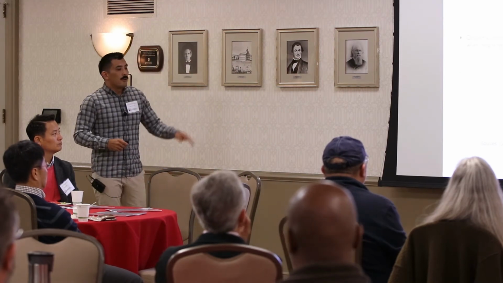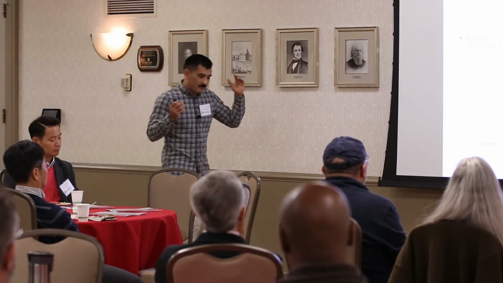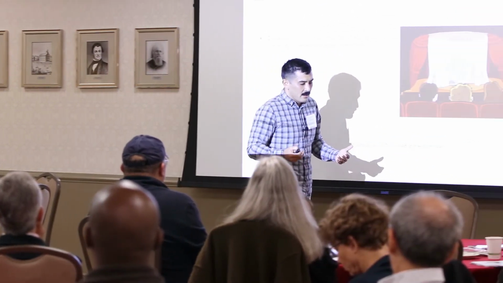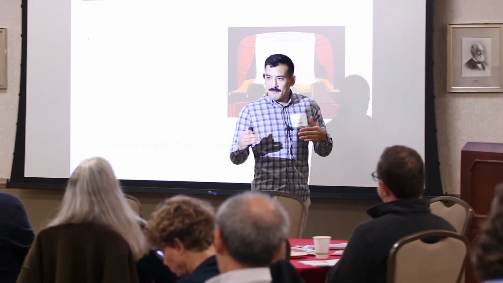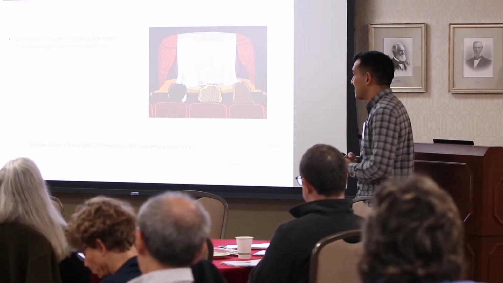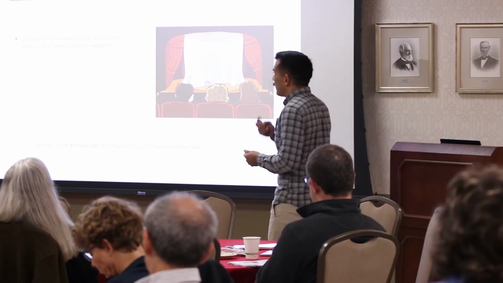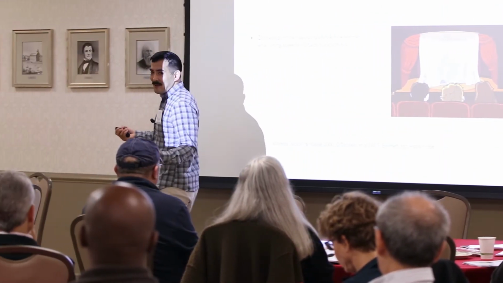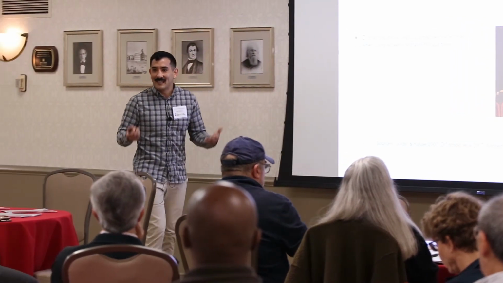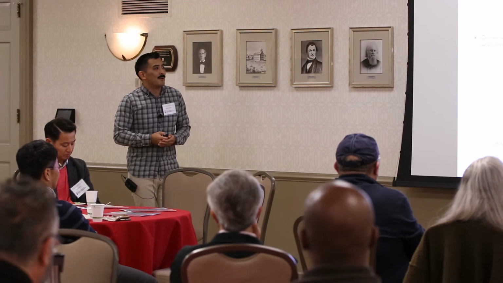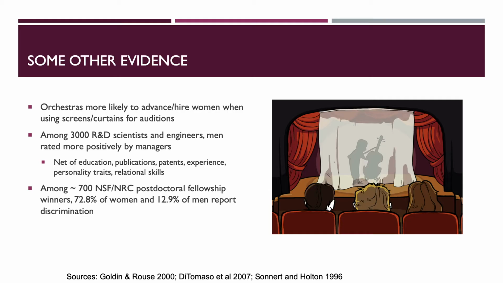Okay, so those are what I think are some of the best evidence of bias in hiring, although again, there are some caveats because it's that first stage of hiring. But there's some other evidence I think is important. There's a classic study by Goldin and Rouse that looks at hiring in orchestras. All of you have probably heard about this if you've seen any lecture about bias, because this is the first thing that they talk about. But it's important, I think, because it's a very innovative study. And they were studying orchestras. Orchestras are